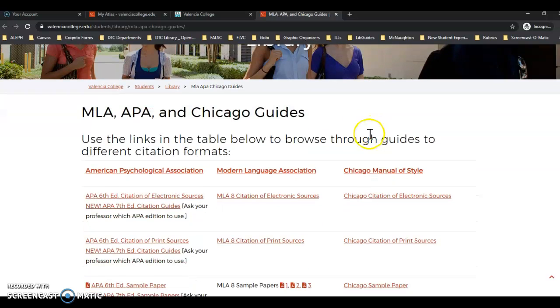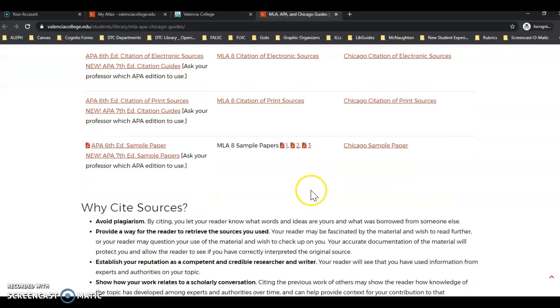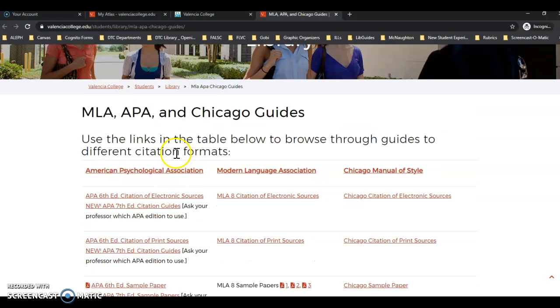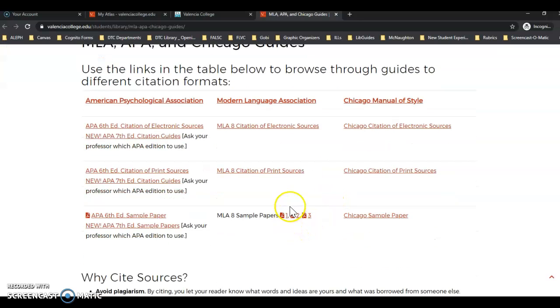Scroll down to the type of citation style that you're looking to do. So you've got, according to this handout or page, 3 different styles that we're looking at. You've got APA, which is the American Psychological Association style, the Modern Language Association, or MLA, and the Chicago Manual of Style. So I'm going to just use the MLA as an example. And within MLA,